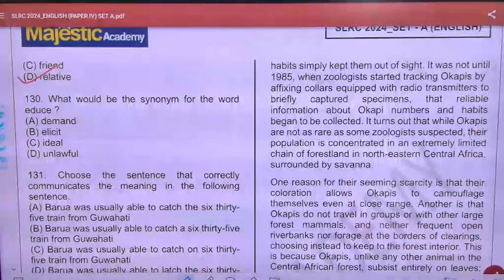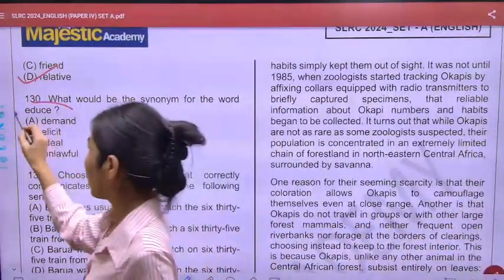Next one, what would be the synonym of the word educe? Educe means